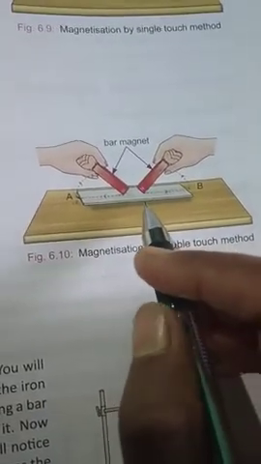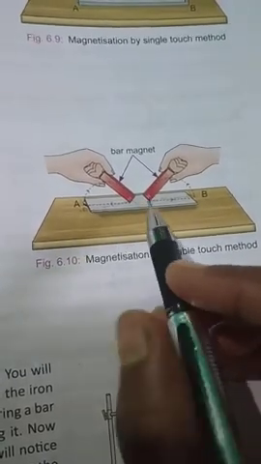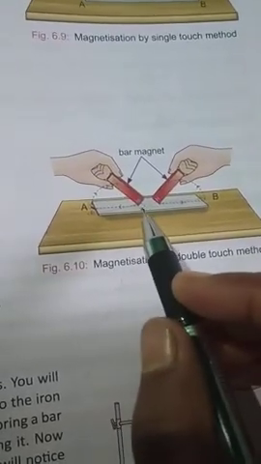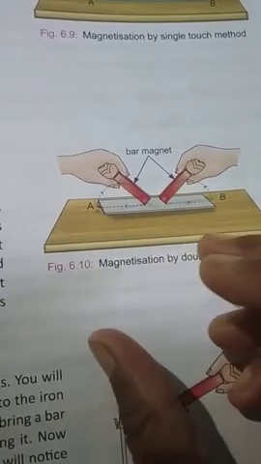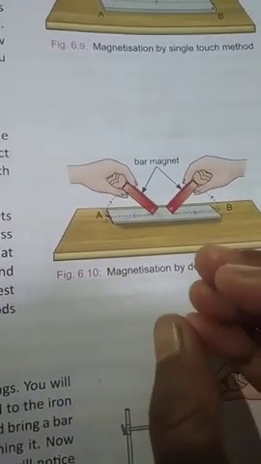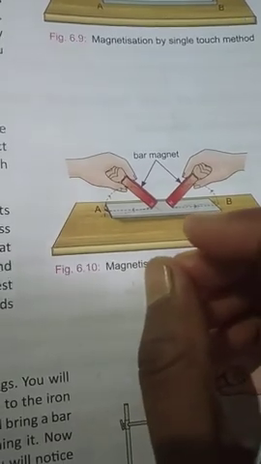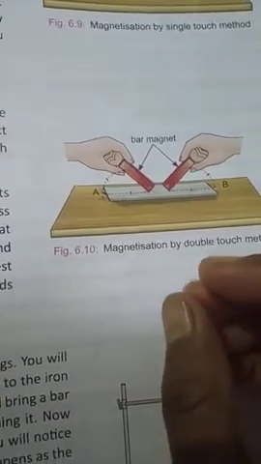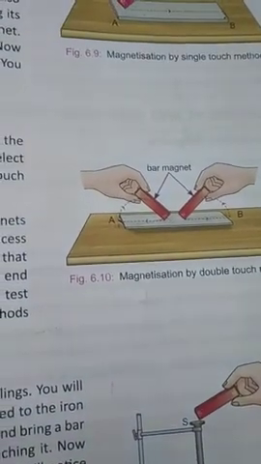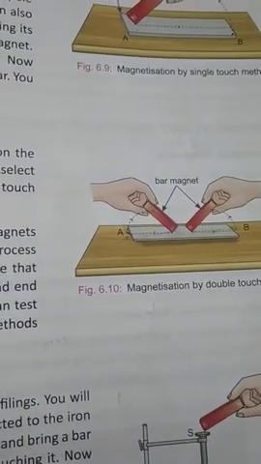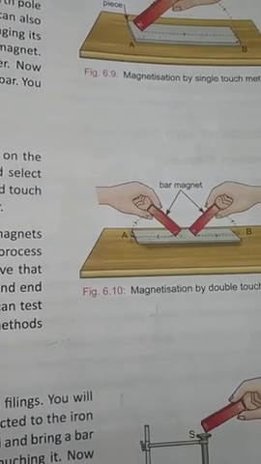Now, you can test it also. After doing this process 20-25 times, you can test whether this iron bar became a magnet or not, whether it acquired all the properties of a magnet or not. So you can test it by bringing any magnetic substance or magnet only.